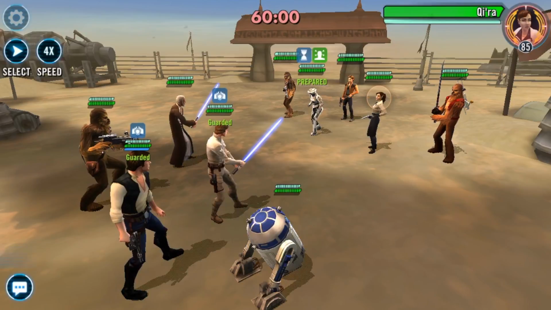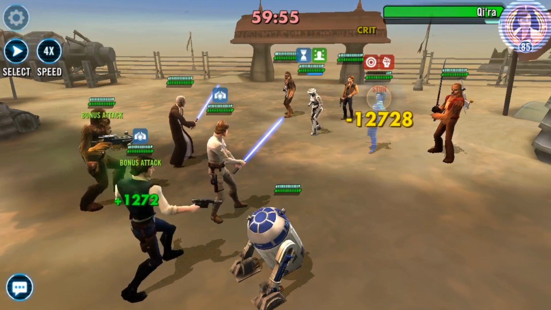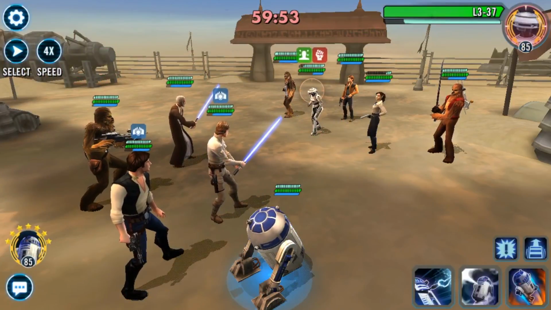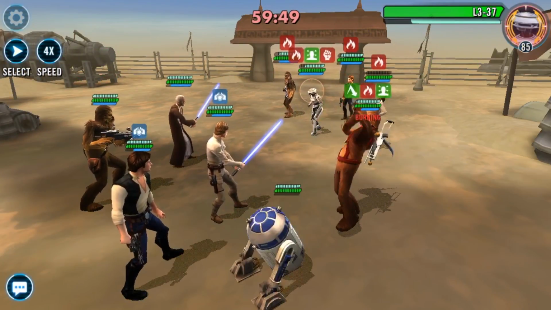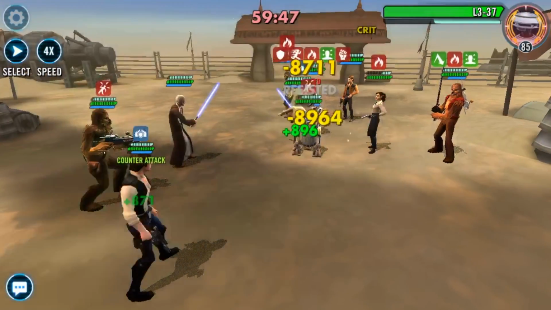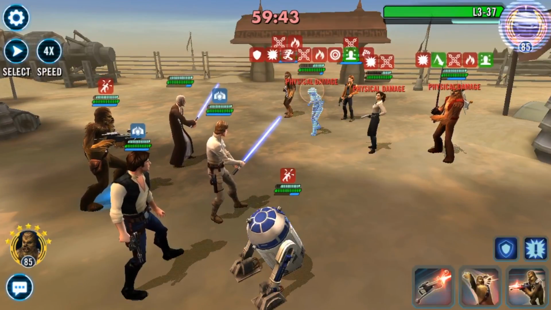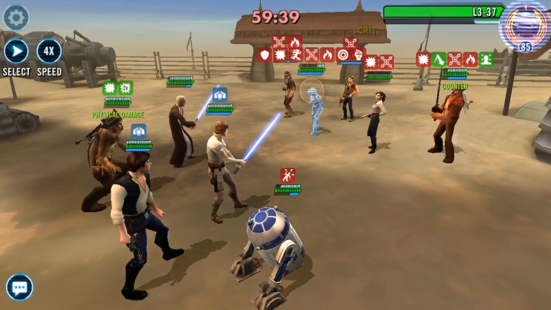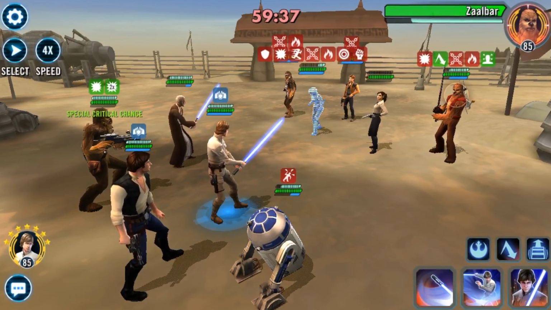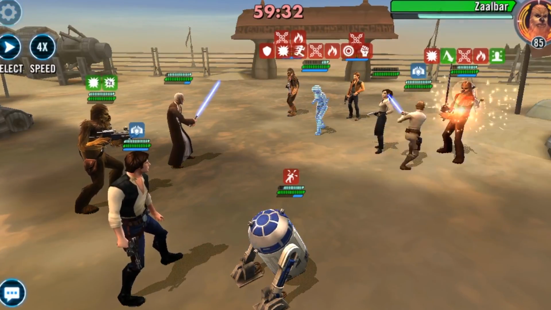So here is a battle of a CLS squad against the Kira Solo Scoundrel squad with a recent addition, Zalbar, who is also a Scoundrel KOTOR character. So this team is very tricky because there's 3 different tanks. There's Vandor Chewie, Zalbar, and L3. Now, we have Chewbacca here, and he's guarding Han Solo, as you can see here in the bottom right corner, and